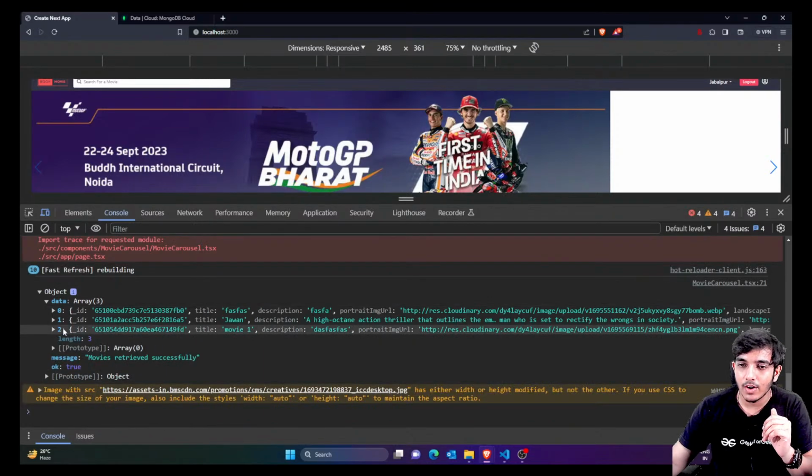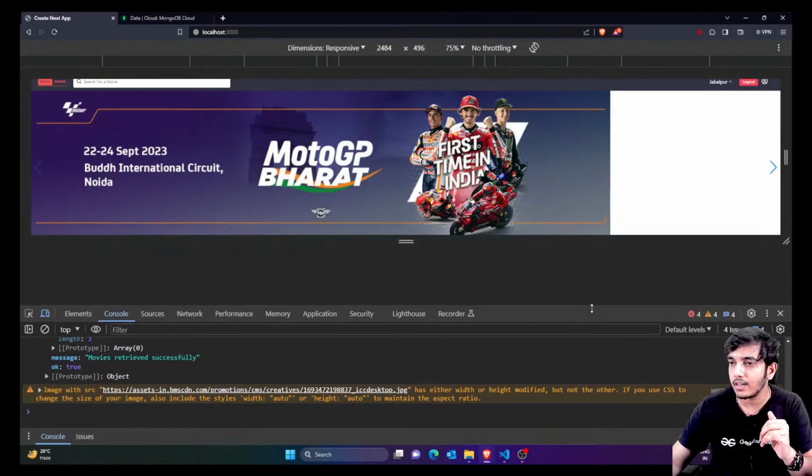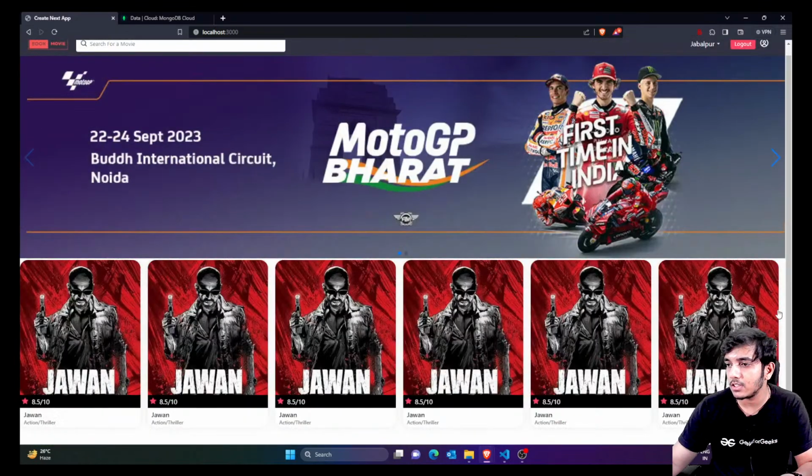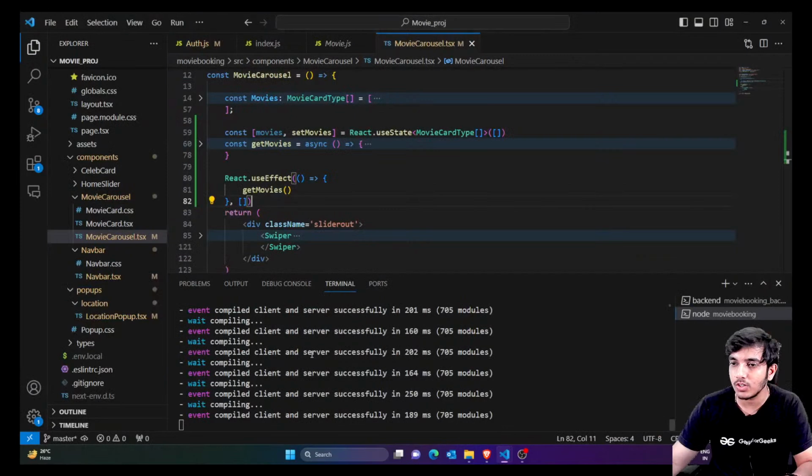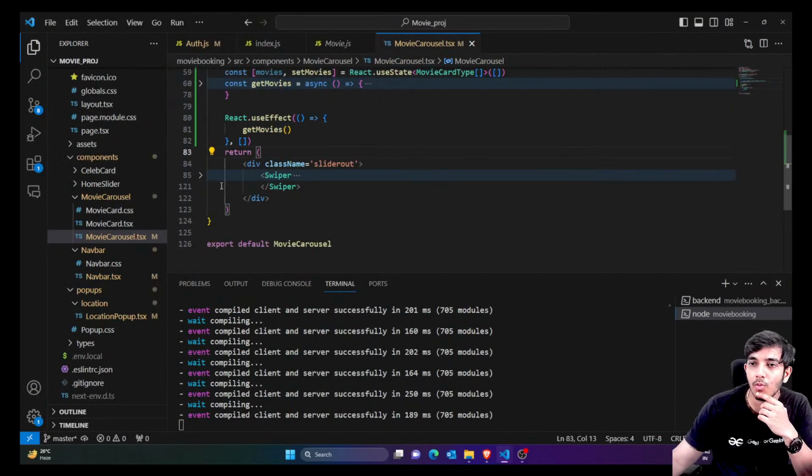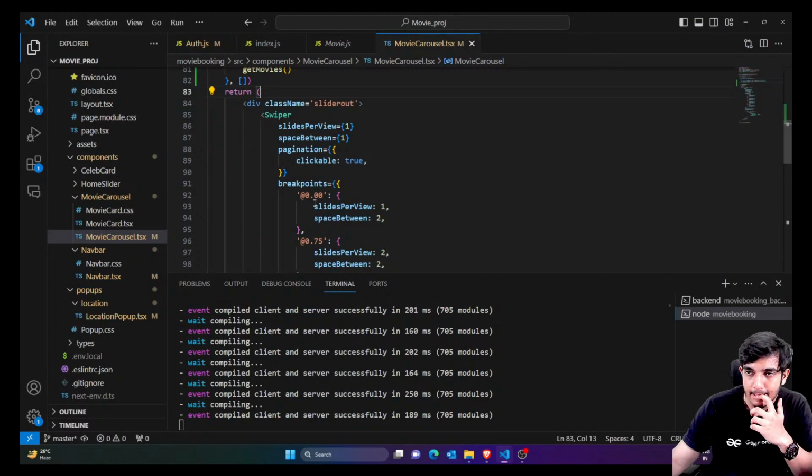Okay, so we have 0, 1, 2, 3 movies here. You can add more movies from the admin panel which we created. And right now let's show the movies. These are the movies hard coded. Now we are going to show the actual movies, so for showing the actual movies inside the swiper,